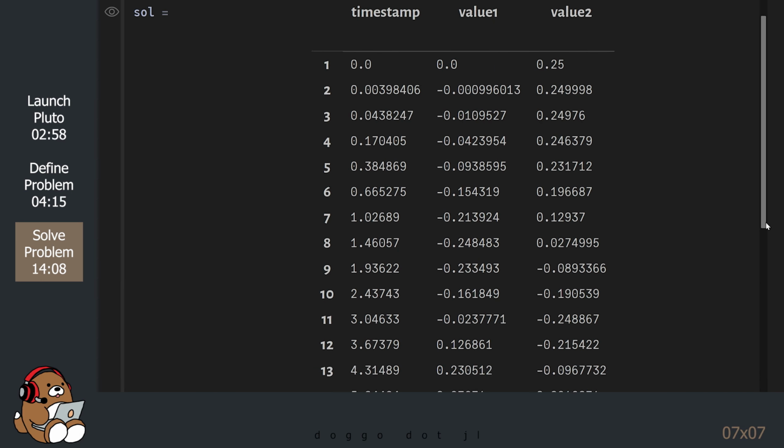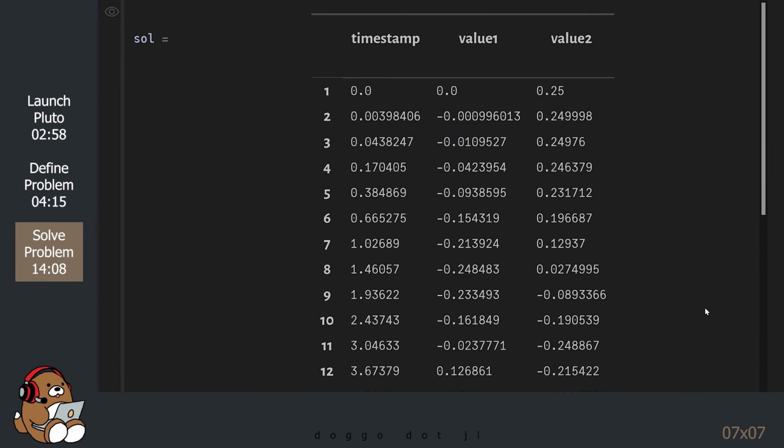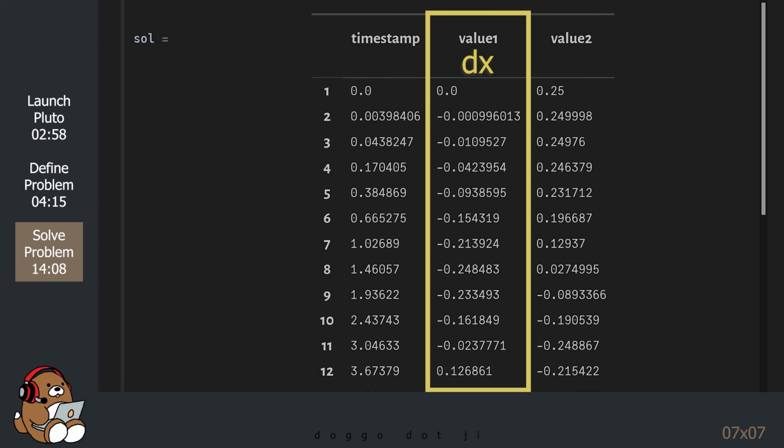Okay, let's take a look at this solution. The value 1 column is for du, which in this case is the velocity in meters per second. A negative value means that our mass is moving to the left. A positive value means that our mass is moving to the right.